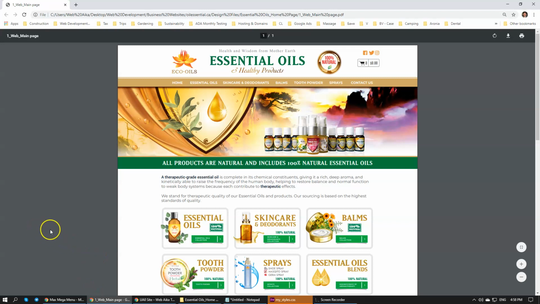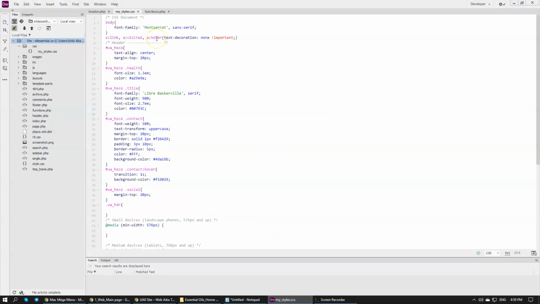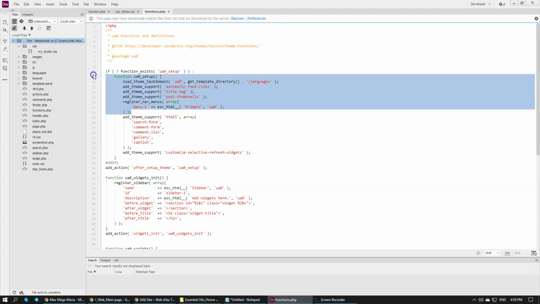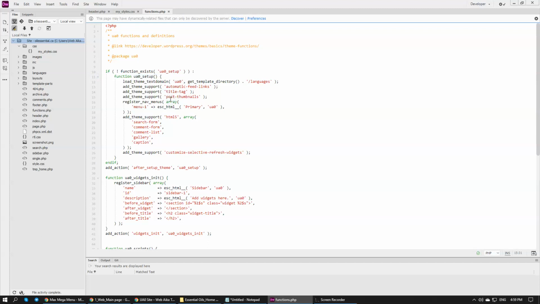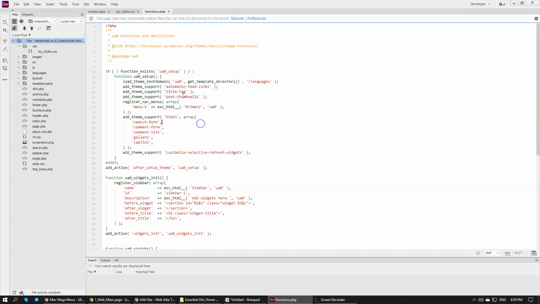The menu is halfway arranged already, but you haven't missed much. I'm going to give you a quick overview of what has been done already. So we're going to go back to the functions, and within the functions you will see that we have registered a menu. Again, we're doing custom theme development, so if you don't know how to register a menu, just Google register a menu WordPress and you'll see the code that you'll need there, or just copy whatever we have over here. Menu 1, and it is a primary menu